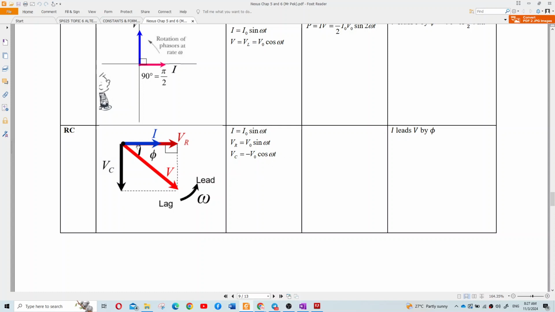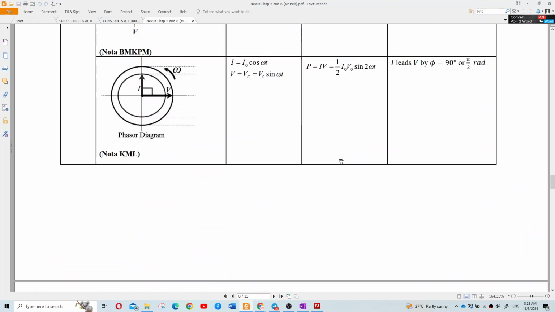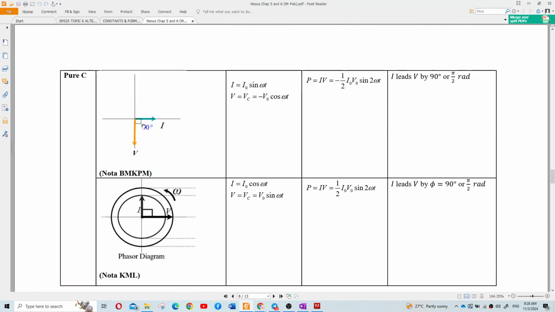So this one is the voltage. You see, current leads. Current is in front because of the anti-clockwise rotation. So we can see current is in front of V. This is the V. So current leads voltage by phi radians. This is the phi, the phase angle between current and voltage. So this phi is no longer 90 degrees. Last time for pure capacitor, the phi is 90 degrees. Current leads voltage by 90 degrees,